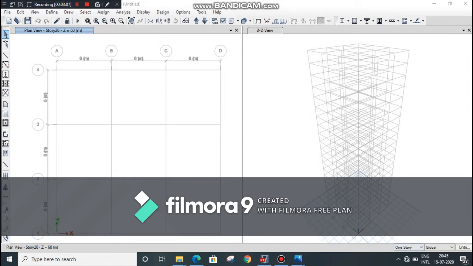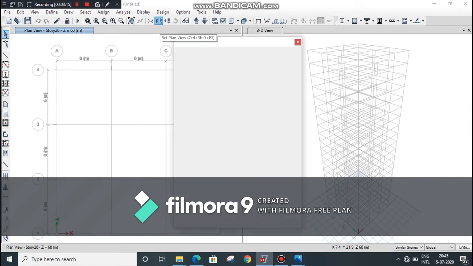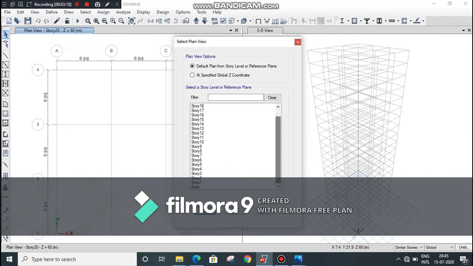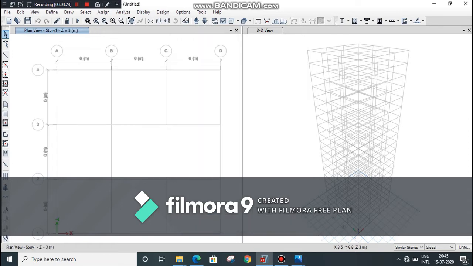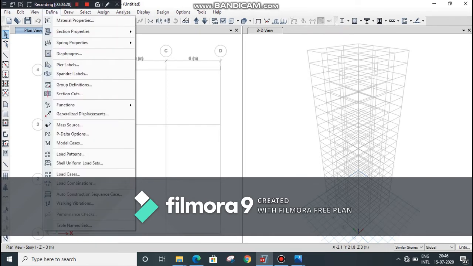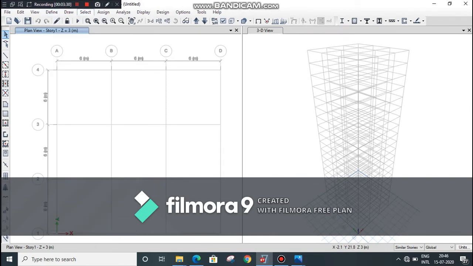First of all, select the similar stories option from here. Now go to plan view and select story 1. Click on OK to exit the window. Now go to define menu, go to assign menu.